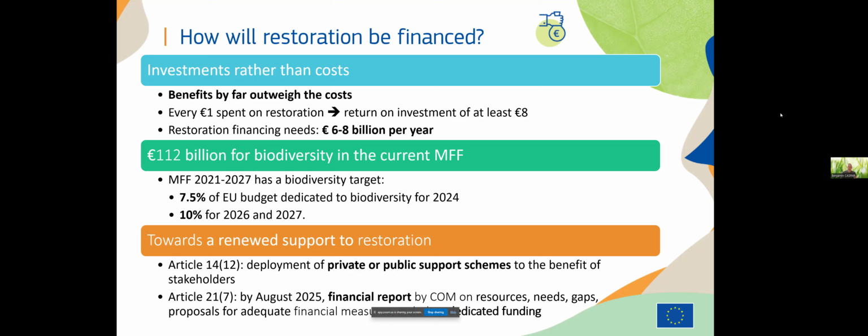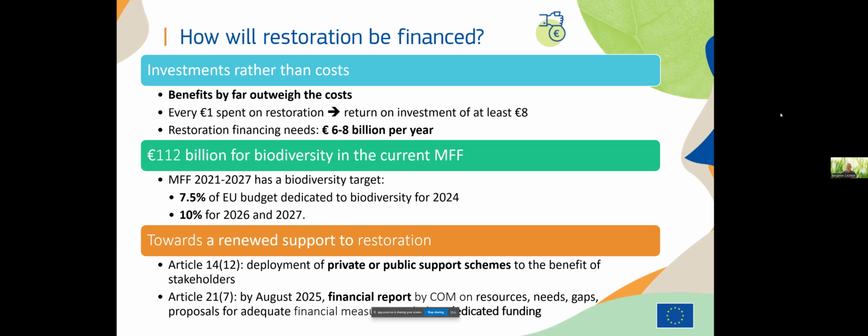Often it's very difficult to monetize the benefits of nature restoration, things like mental and physical well-being. Often the studies look at just one thing. So they look at flood risk reduction of, say, trees in a city, but they don't look at the fact that the city trees cool down the city as well. So I think probably the true impact of nature restoration is bigger. One thing I do know is that if you destroy all your nature, you're going to destroy your economy as well. We estimated at the time it needed 6 to 8 billion per year